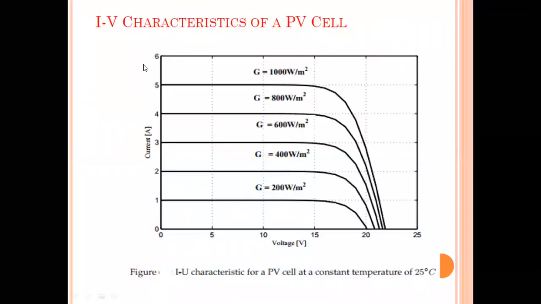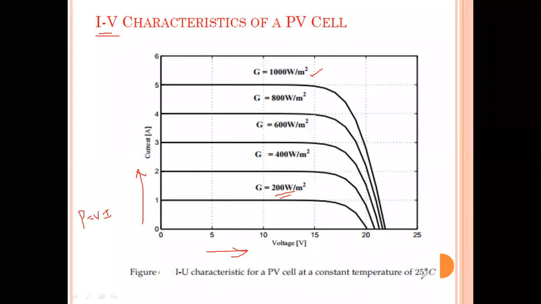This is the IV characteristics of the photovoltaic cell, that is current with respect to the voltage characteristics. Now, the power is a product of voltage and current, that is P equal to VI. I can observe that it is 1 amp and then 20. Now here we are getting 200 watt per meter square. Once the voltage and the current are increased, the power rating is increased, that is 1000 watt per meter square.